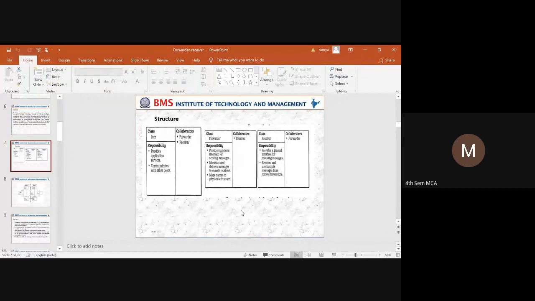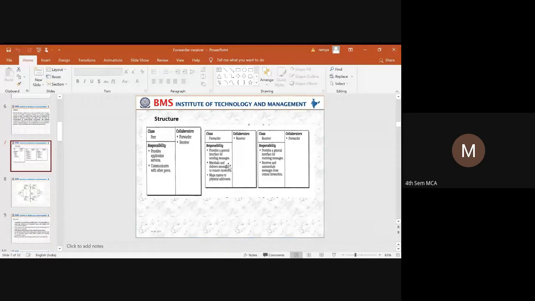For the forwarder class, the receiver is a collaborator. We have some set of responsibilities. Whatever messages are generated or raised by the peer have to be forwarded by the forwarder. So it helps in sending the messages.